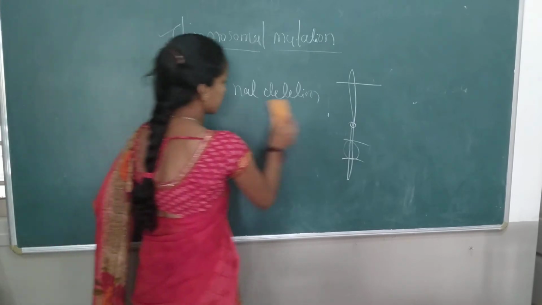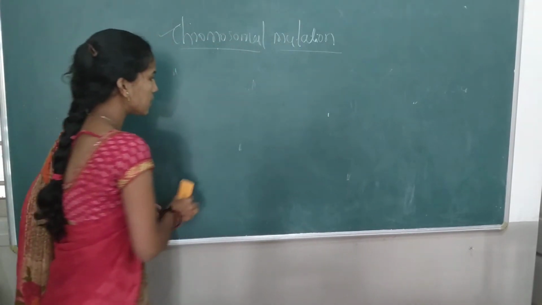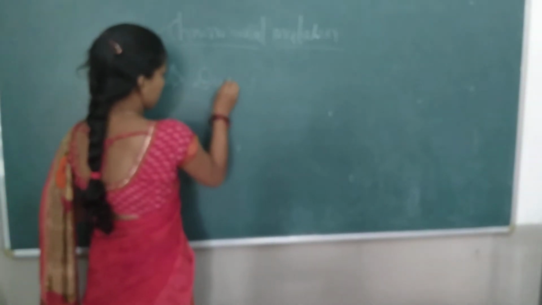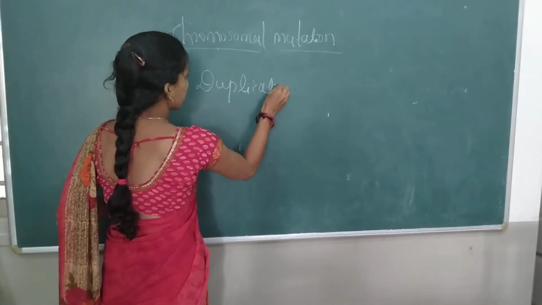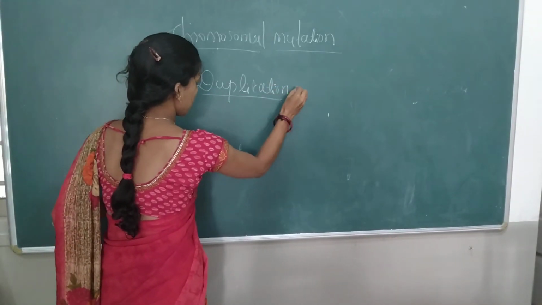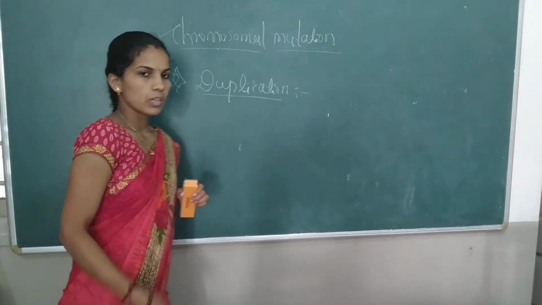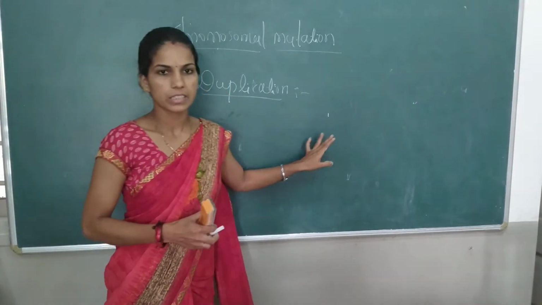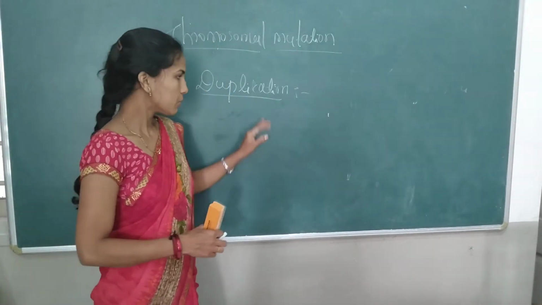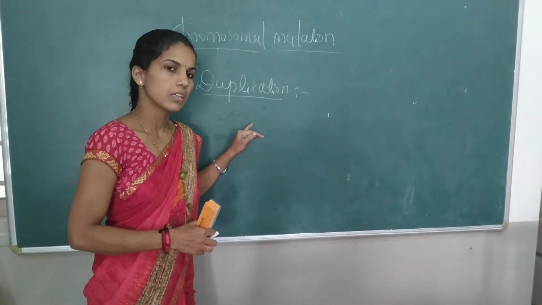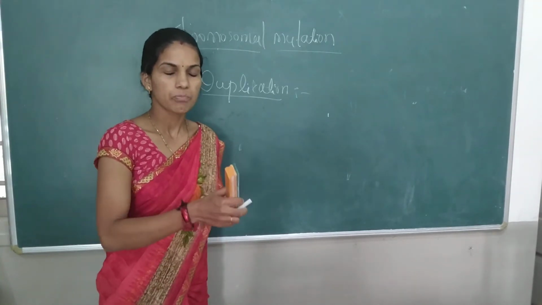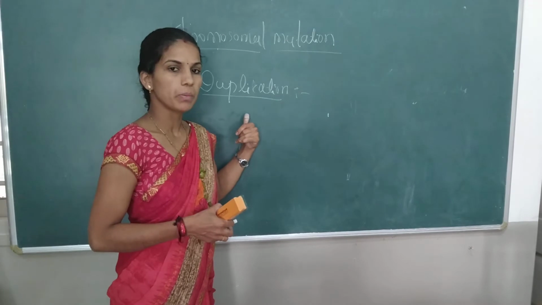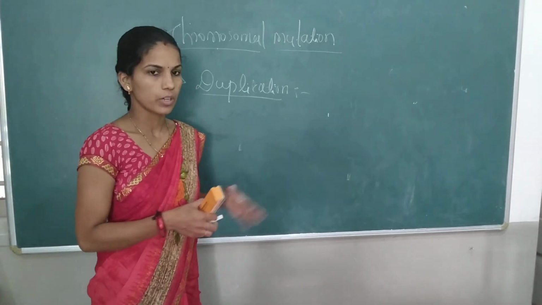Then the second type is nothing but the duplication. What is meant by duplication? How does it occur? Duplication is the second type of mutation or chromosomal aberration. Duplication we call a double copy. It is nothing but the presence of the same block of genes in the haploid complement. If the genes are already present in the chromosome, and the same copy of the genes is present again in the chromosome, that we call duplication. So the added part we call the repeat here.